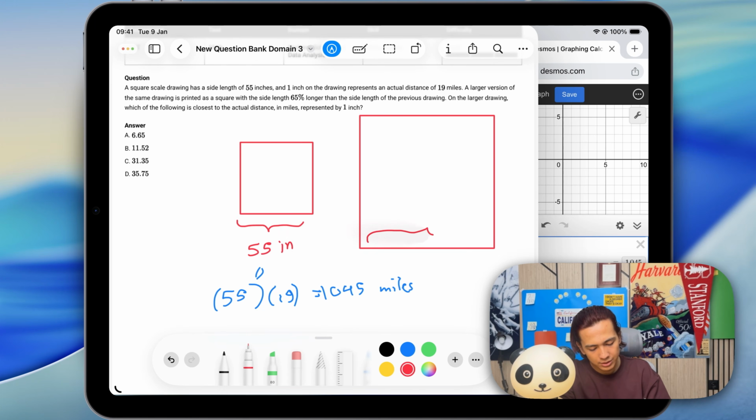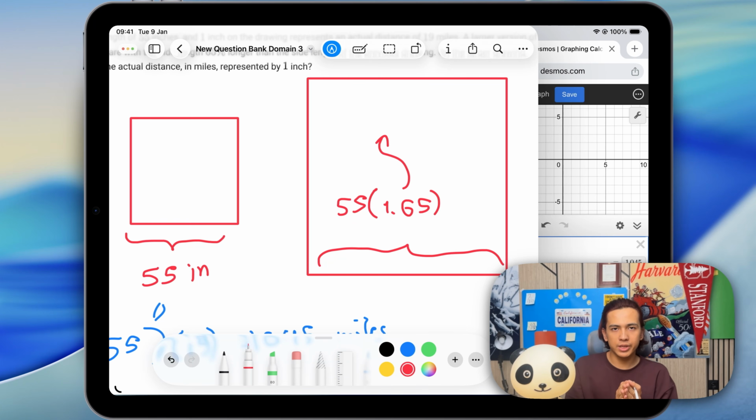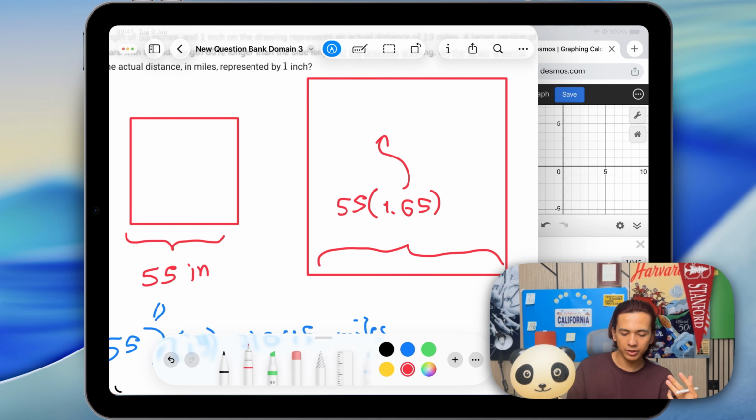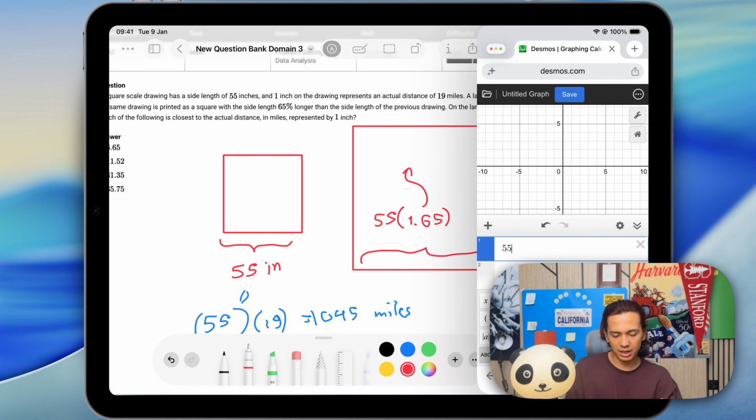Now the side length is no longer 55 inches. It is 65% longer, so it's going to be 55 times 1.65. Where did I derive this value from? It's 100%, and then you're increasing it by 65%, so it's 165%. When you convert it to a decimal, it's 1.65. So now the new side length on the drawing is going to be